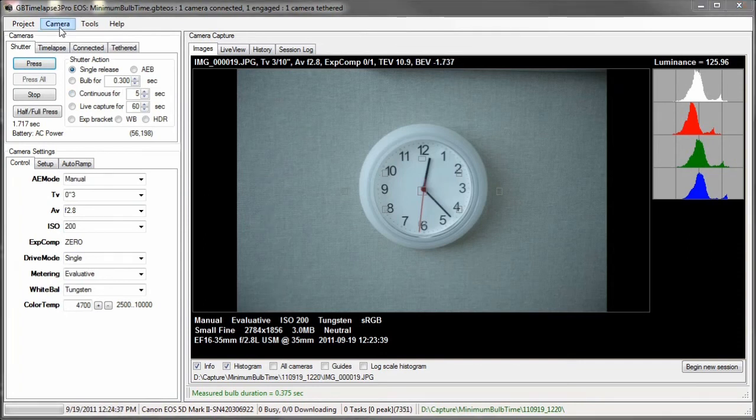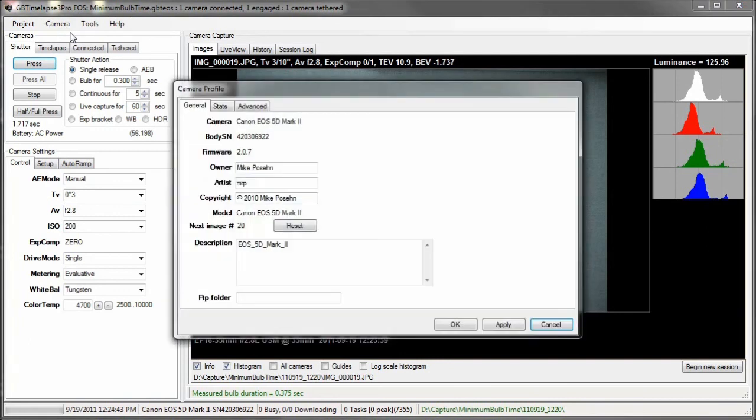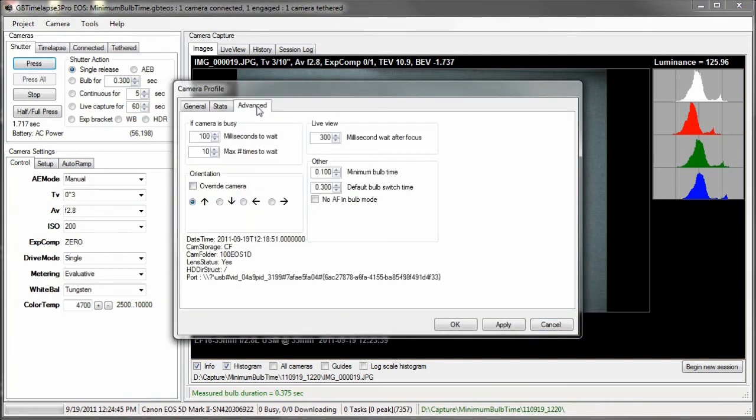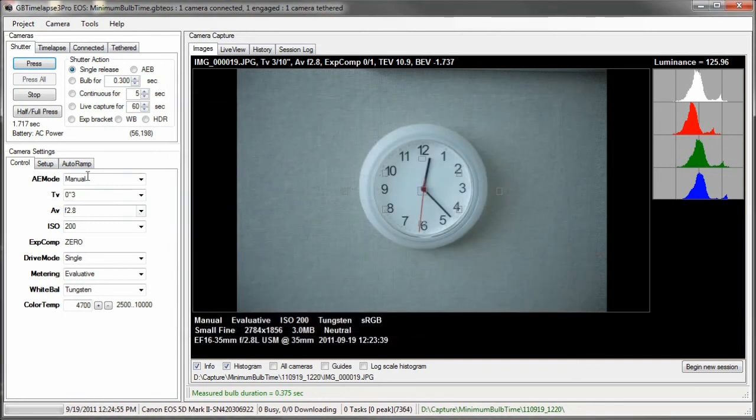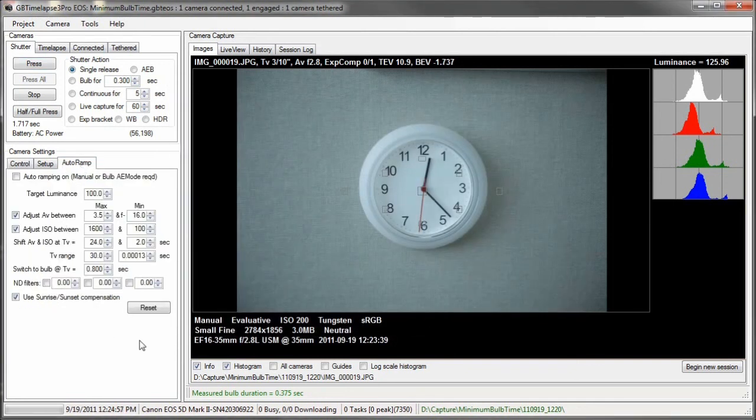If you look in the camera profile for this camera, under the Advanced tab, you'll see that the default setting is 0.1 seconds for the minimum bulb time and 0.3 seconds for the default bulb switch time. If I look in AutoRamp and click the Reset button, you'll see it sets the default switch to bulb time